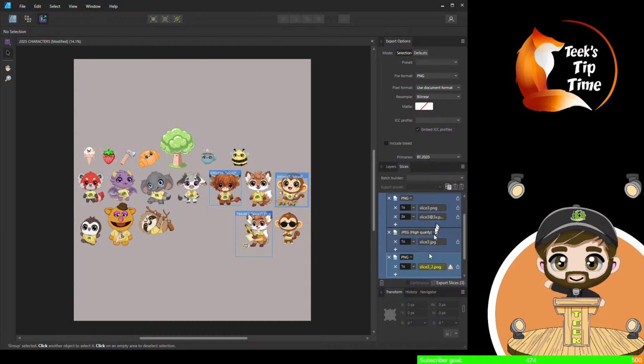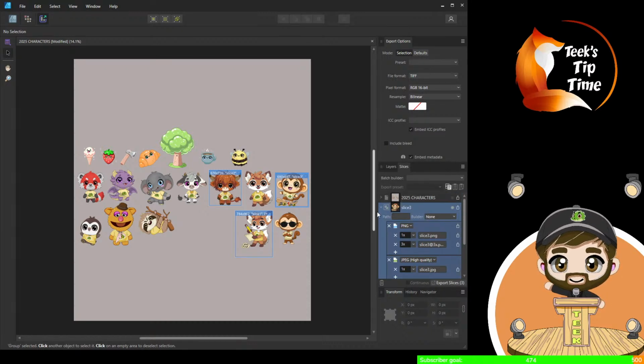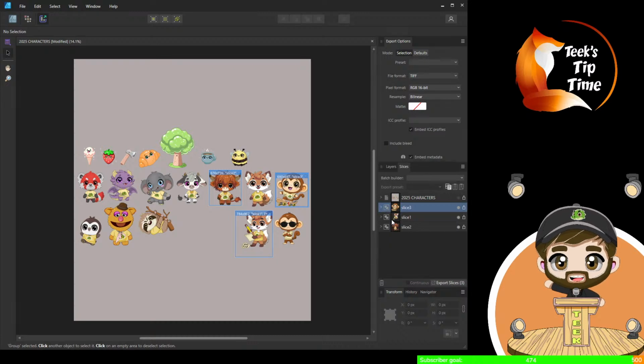Let's put it as a TIFF. 16-bit TIFF. And then we'll have that on 2 times. So you can set up all these different options, and that was just for the monkey. And then you can set up